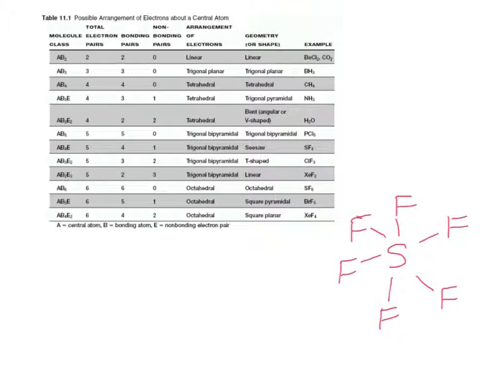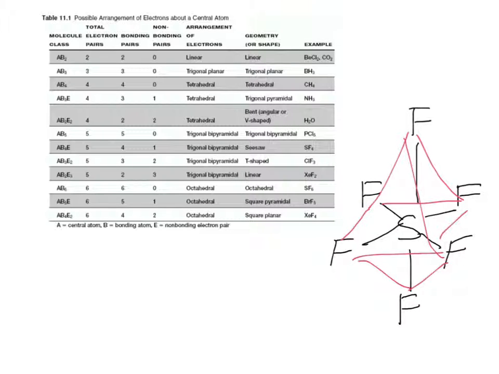All right, so 1, 2, 3, 4, 5, 6. So there's six pairs of electrons around this central atom. And then we're going to look at how many are bonding pairs, and we have 1, 2, 3, 4, 5, 6. Okay, so we need to find the thing on the chart here that has 6 and 6, and so we're going to go down here, and it says 6 electron pairs, 6 of them are bonding, so we have octahedral, and it actually gives me the example of SF6. So let me now rearrange these atoms here into an octahedral shape so that you can see what it looks like. Okay, I did my best to draw an octahedral,